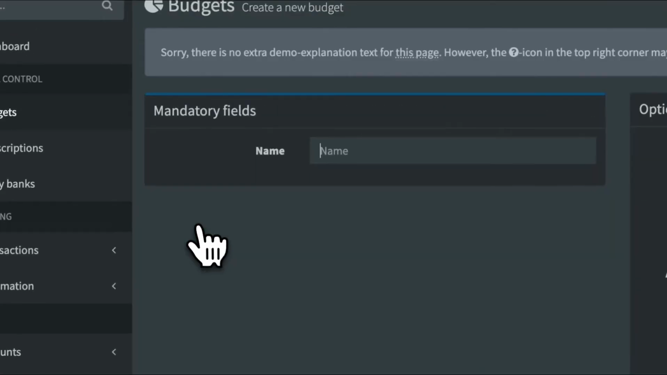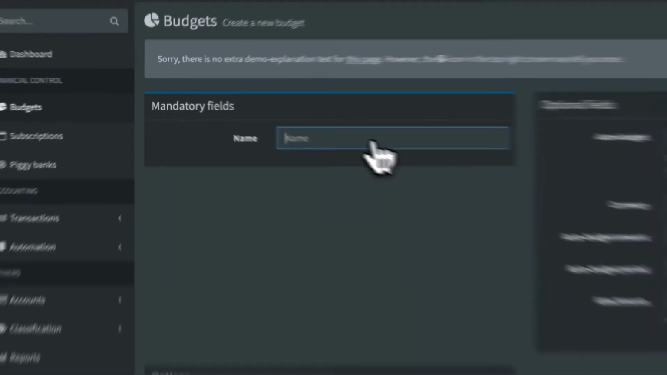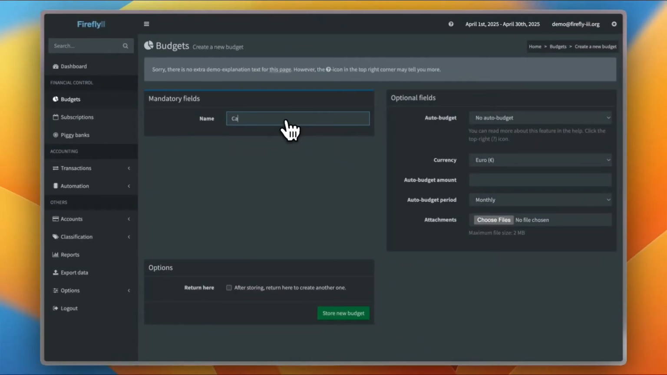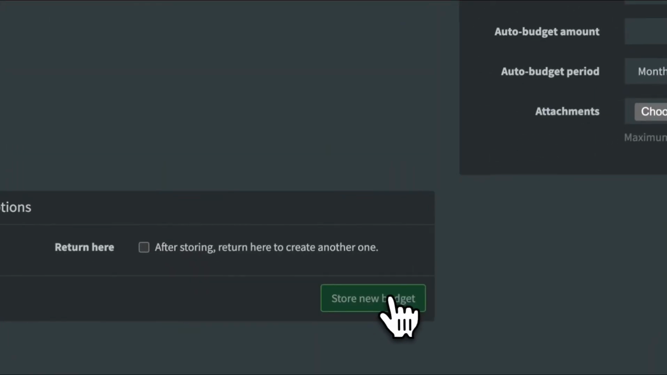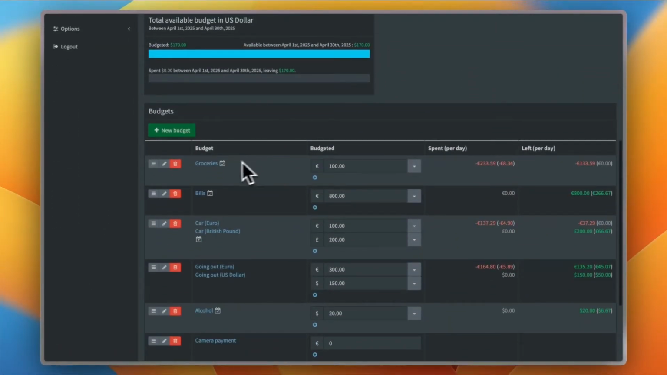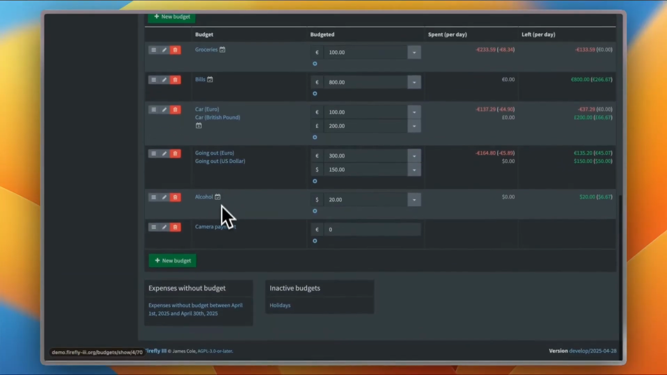So let's add a new budget, and let's name it, for example, camera payment. Let's say I'm taking good care of my camera and I want to spend some money on it, maybe buying some accessories, you name it. Okay, store new budget. And now the budget is stored, and if I scroll down here, I can see the